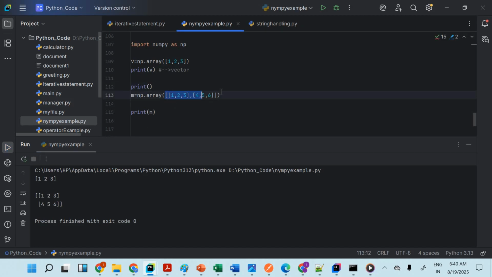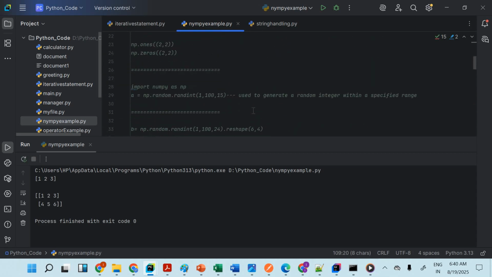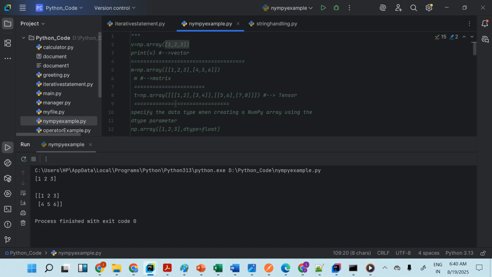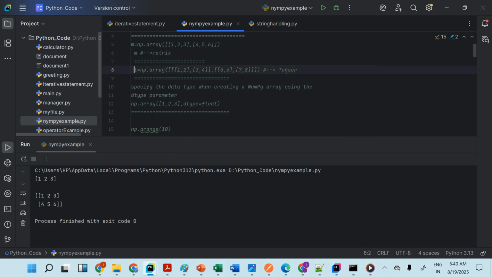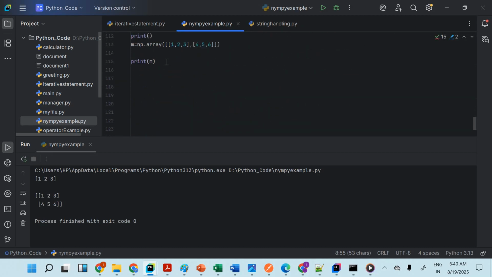So if you have it this way, that means it is creating a matrix only, right? Matrix means we have 2 dimensions. A vector means we have 1 dimension. So that way we can understand. Okay, and third, we have a tensor as well. So let's create a tensor here. What we are doing in this tensor is we are creating multiple